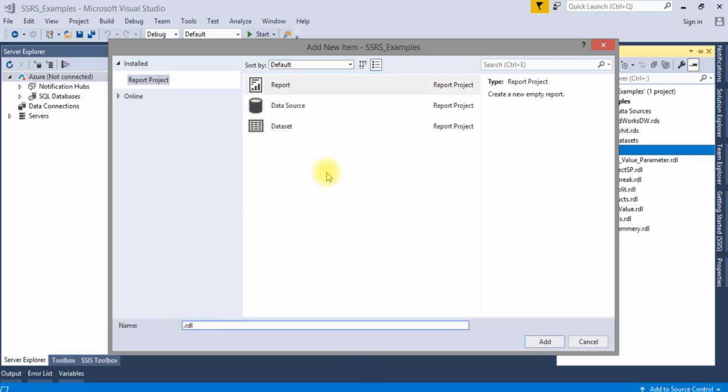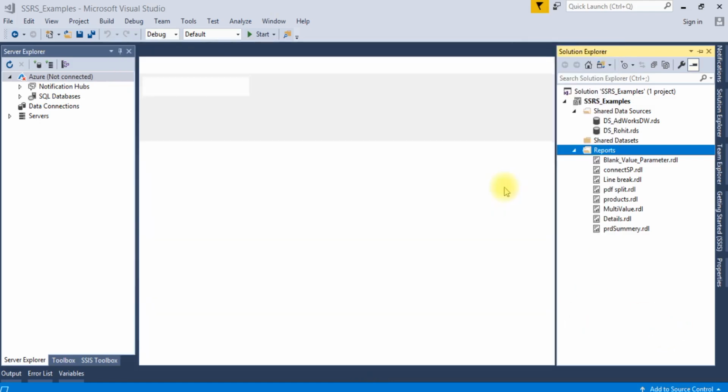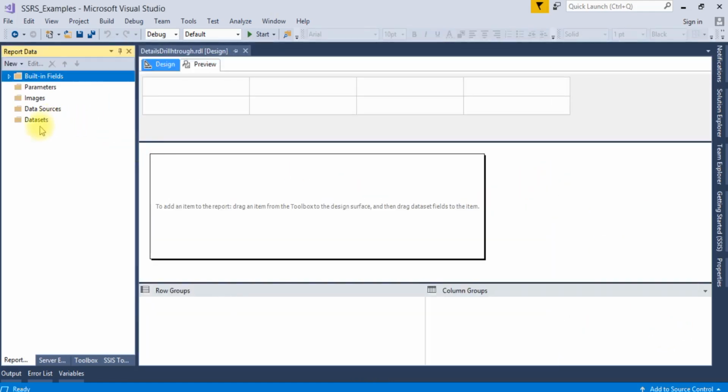Let's name it details drill through. For this product name, we need to pass the product name from the main report to the details report.